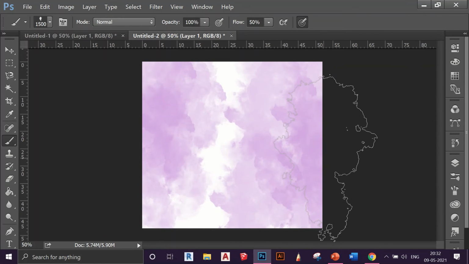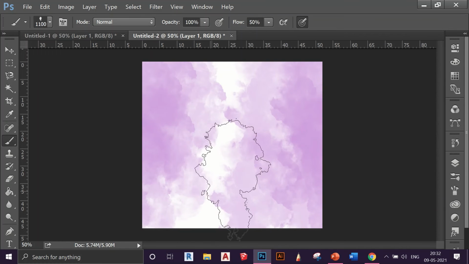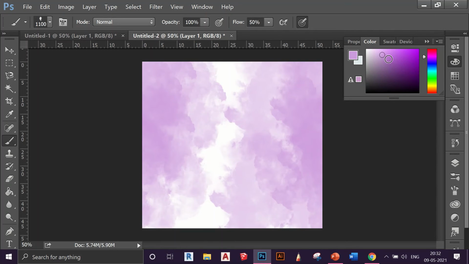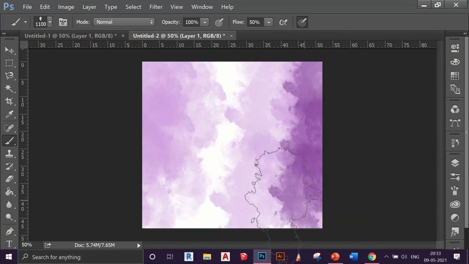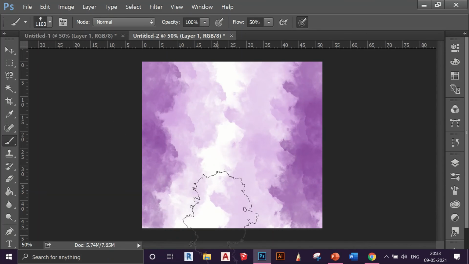Now you can see there's a little bit of a marble ombre effect. I'll decrease the size and then I'll again go in it. So this is giving me a really nice edge. Now I will choose a darker shade because I want to give it a little more depth, for a better look. This is how you can create different patterns and different things using brushes.